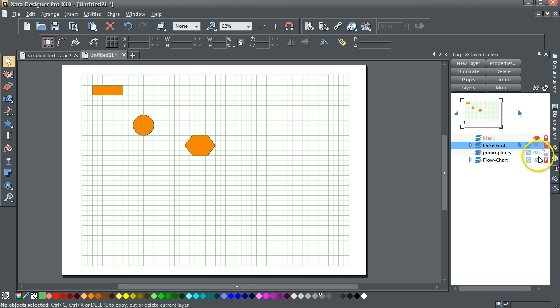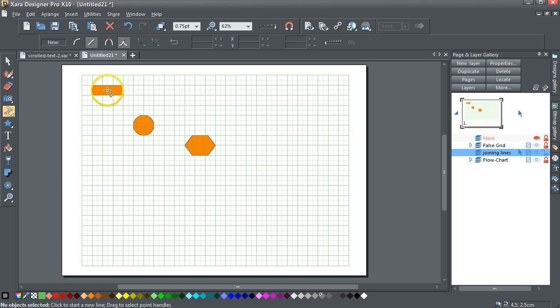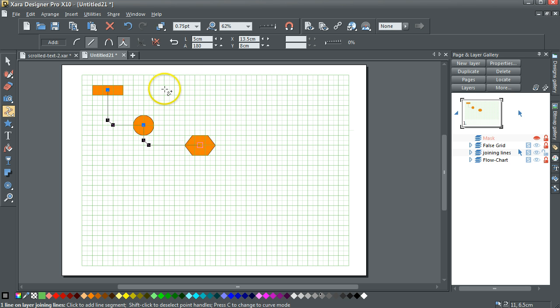So if I wanted to go into the joining lines, I can create a joining line that goes down like this, down like that to that one. I can then bring it down here, down there to the centre of that one, and I'm going to make that, say, 2. I can give these corner bits